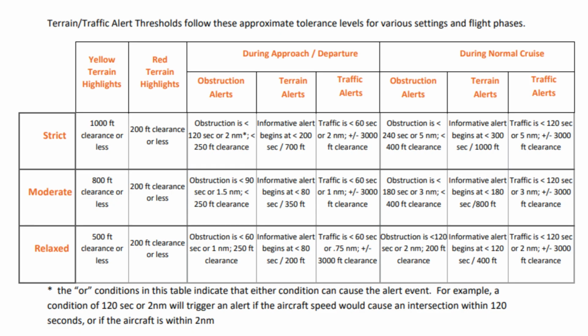Here's the little table that goes over when the different traffic alerts will trigger. There's two categories. There's one for approach and departure, and then there's also one during normal cruise. Between those two categories, there's also going to be strict, moderate, and relaxed settings. They each have their own specific threshold based on either distance or time away from the aircraft based on your current speed. And based on these, if the aircraft and you are within that threshold, it will give you a